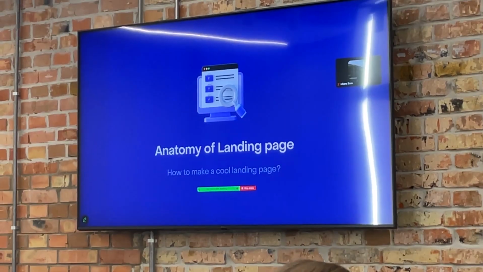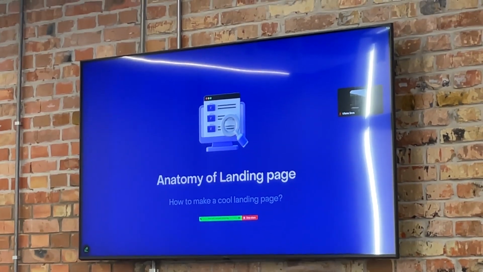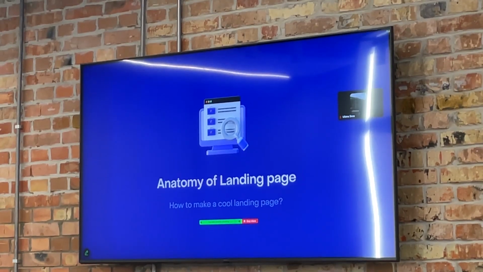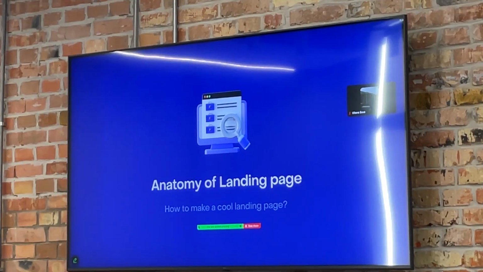We need to describe this concept because a landing page and a website are something different. A landing page consists of only one page, and it is created for a specific purpose, like telling a story about your project, or about your service, about a product, whatever. But a multi-page website,